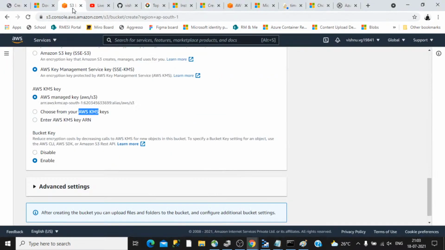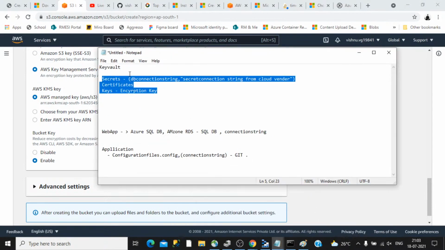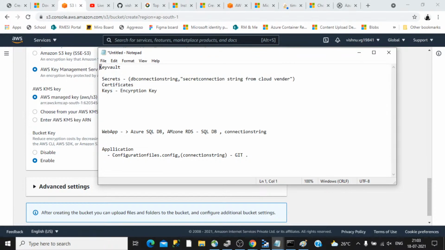So let's look into AWS as well. The equivalent of what we defined here is related to this Azure Key Vault. We can create different kinds of secrets, we can create multiple secrets. Secrets are simply a kind of key value pair, but only the application will be allowed to view these secrets and no one else. This will be allowed only for authorized users.